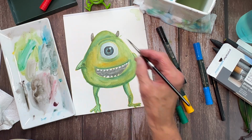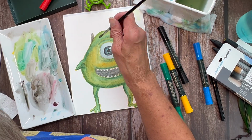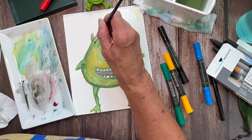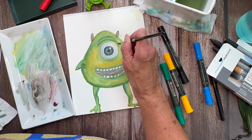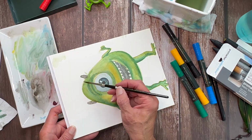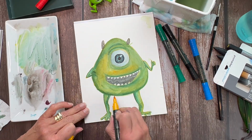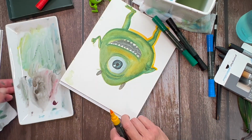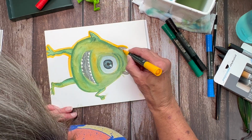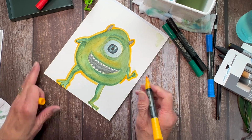I think it's wonderful if you're using it as a base layer to then go over later in something like colored pencil. You can use them in combination with any water-based media. So that means acrylic inks, acrylic paints for that matter, watercolor, any kind of hydrous watercolor, or, you know, right out of the tube, out of the pan, anything like that, any kind of ink. These will work with that process, and you can really have a lot of fun